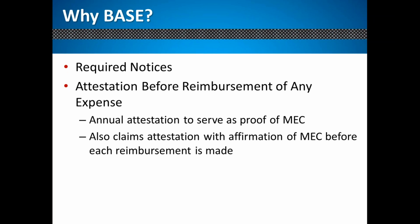Yeah, Cassandra, I'm not seeing any questions coming in as of yet, so you're doing a really good job. Not a problem. So if one pops up even about this type of HRA,